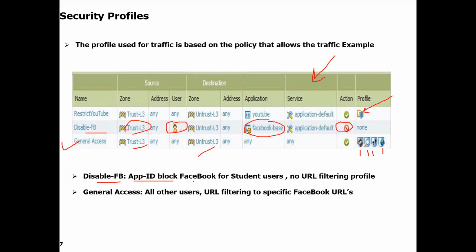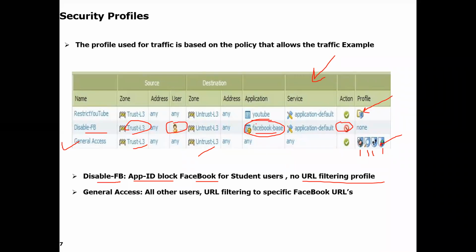So disable FB. App ID blocks FB for a student user, no URL filtering profile. Can you see here, if you are blocking here, there are two options. To block Facebook, you can either block it from URL filtering or from the Facebook application. But as we discussed in app ID, this will be more granular, because in URL filtering you need to say URL facebook.com, so the entire Facebook will be blocked.